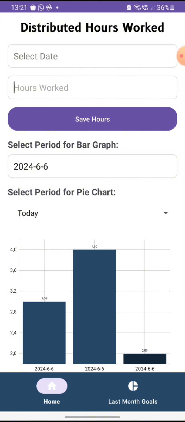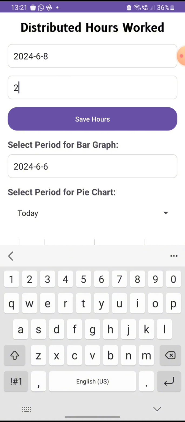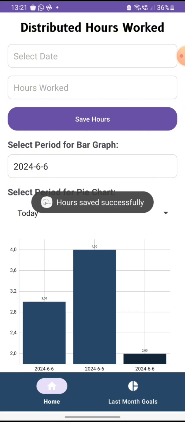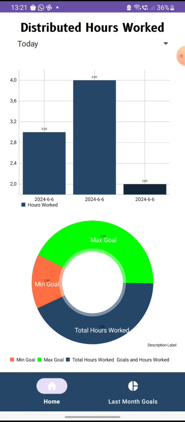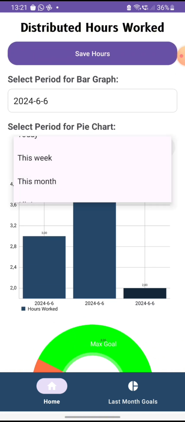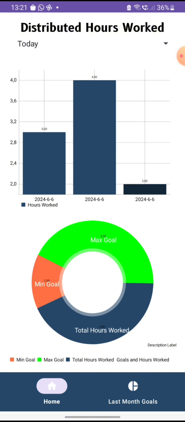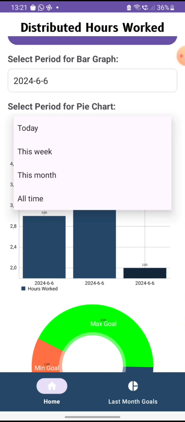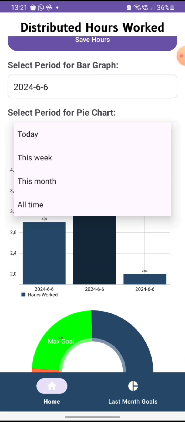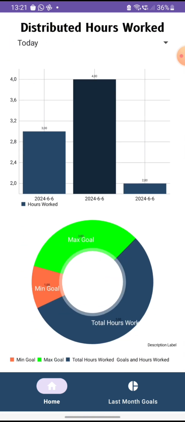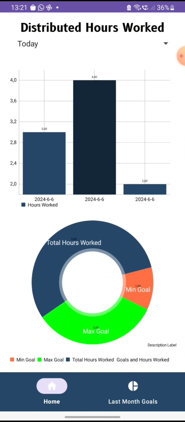So if I just select a day one more time and I say the 8th, and I say we've worked for 2 hours now, and we save the hours, it's been saved successfully into our database. And as you can see over here, if I just run it again for the pie chart and I say this week, and I go back and I say today, you can see that it's been added into our database, and we've worked for a total of 5 hours